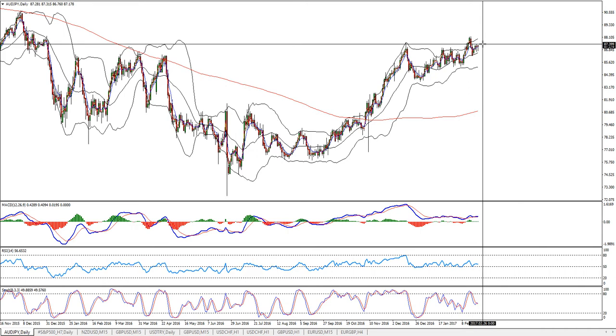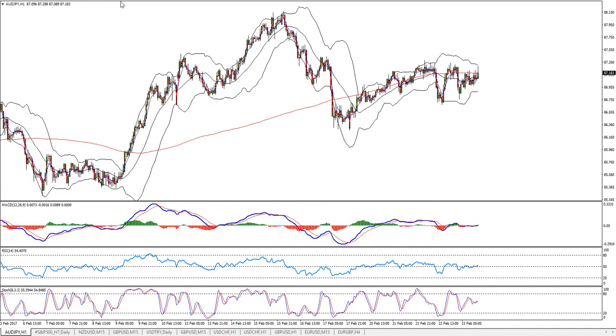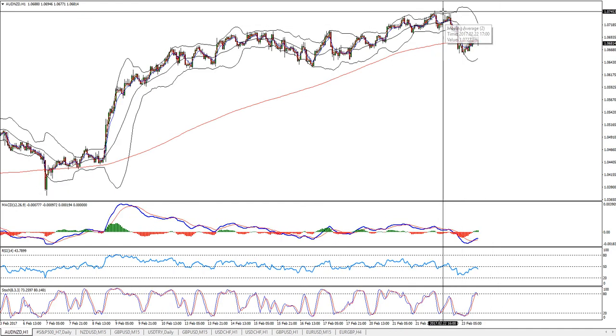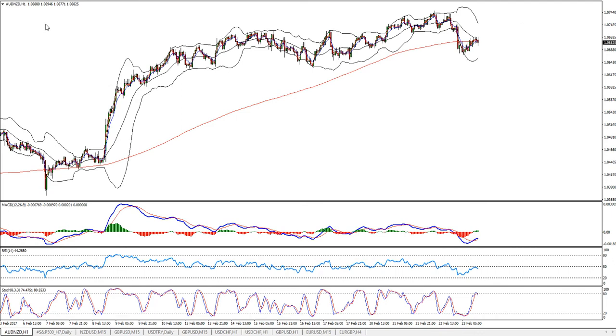Only if it breaks up, we'll let it go, because we might go and see new highs as well, technically. So we play it safe. We need to go below the triangle now, and only then look for the opportunities. Next one on the list is going to be the Aussie versus the Kiwi, which we expected to make the down move. We need two waves down, and then from around 106, slightly higher, slightly lower, we would start to look for the buy opportunities